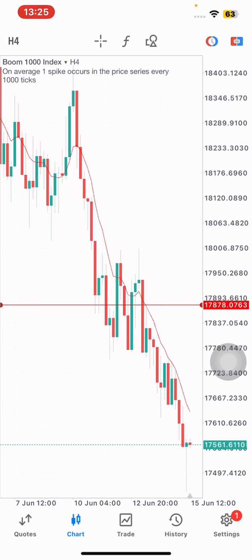In my next video, I'm going to highlight part 2 of this awesome Boom and Crash 5-minute scalping strategy, which you can use to scalp the 5-minute chart using the Boom and Crash trading system. With part 2 of that strategy, it will make a lot of sense for you to understand your major exit and entry points, so that you can have all you need from this market.